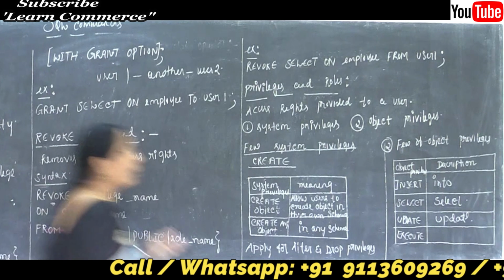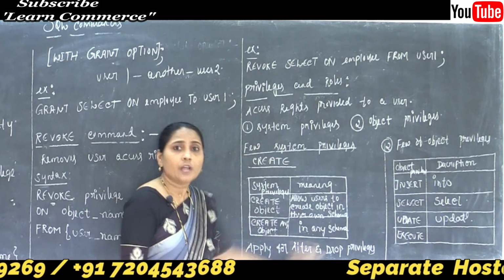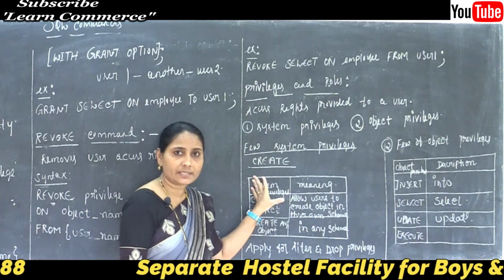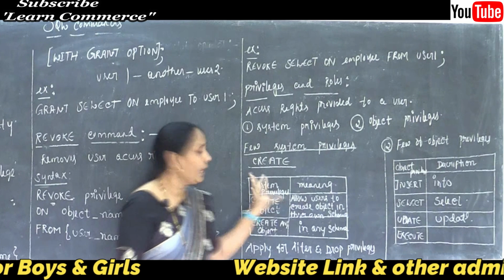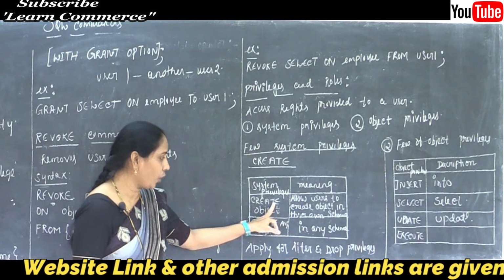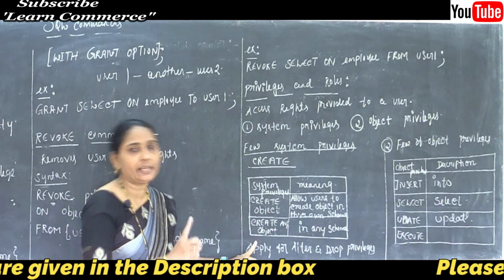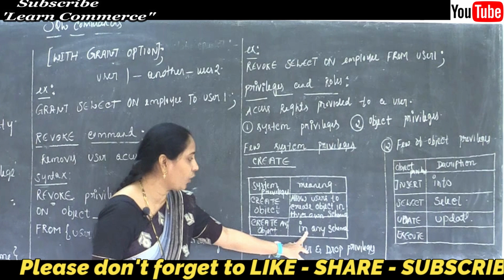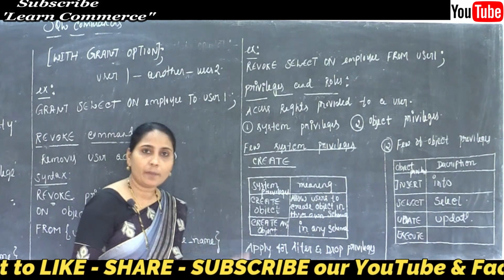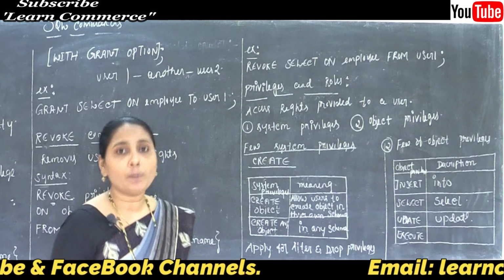Some commands that go with the system privileges are create, alter, drop. And here in this table I completed only create table. The first thing is create object in their own schema, and next one is create any object, which allows the user to create an object in any schema, and everything applies for our alter as well as the drop system privileges.